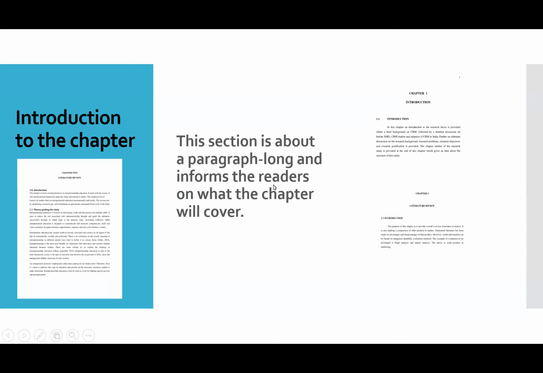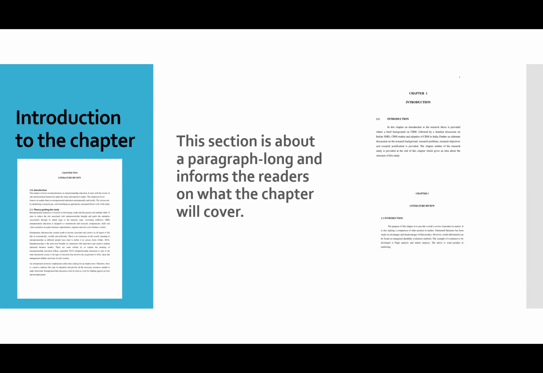Now this is important because the introduction is introducing your reader to what to expect in chapter 2. This is not long. Probably you have one paragraph. I know some students who love to write, they probably have half a page, but usually you would be very brief, because what you are trying to do here is introduce the chapter.